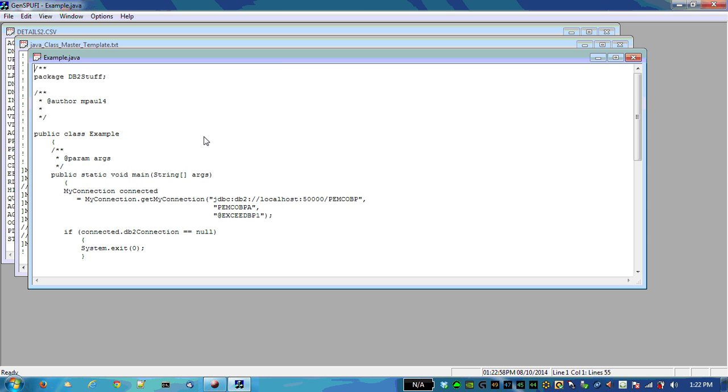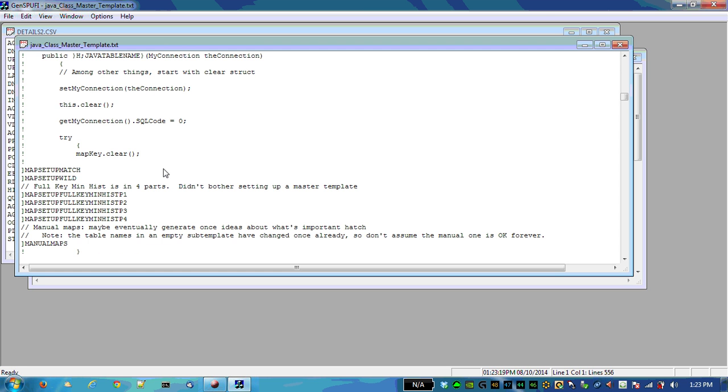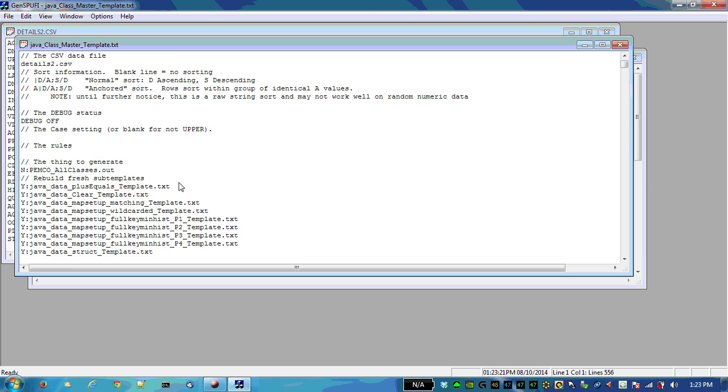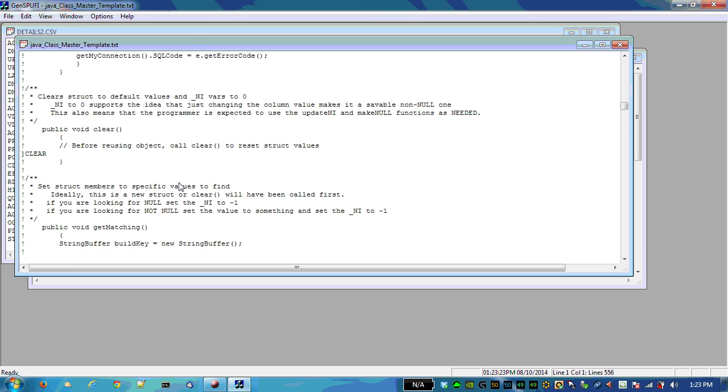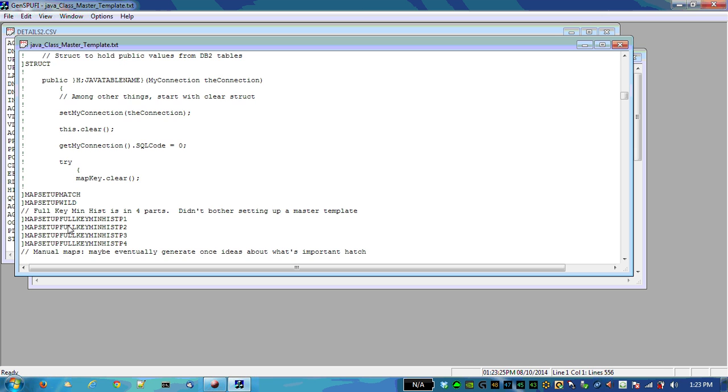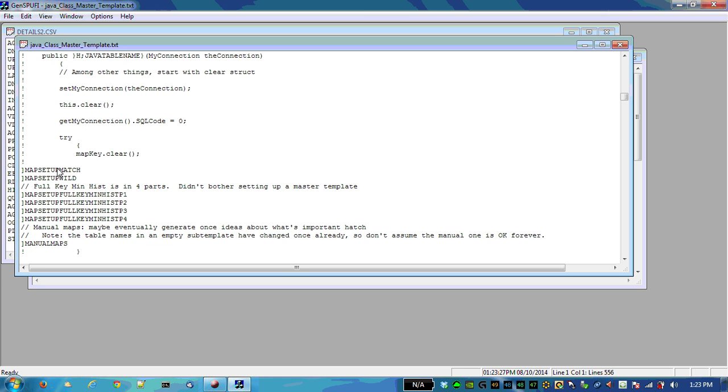4 years later, remembering all the details of Java programming is kind of difficult. C programming I've been doing for coming up on 30 years, so it's not like I need to remember an awful lot about C. It sticks very well, but Java was just a quick thing, and some of the details are missing now. So anyway, it took an awful lot of code to get this to work,